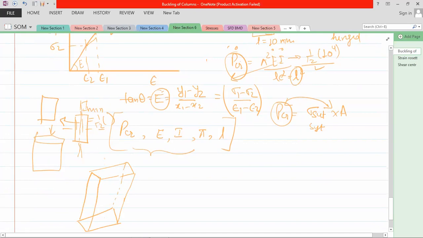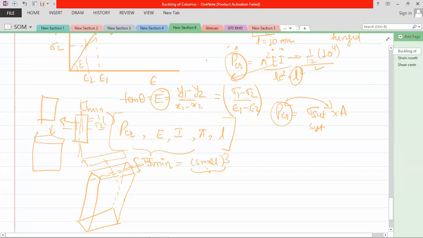Now what will happen? There are two planes. The first plane is this plane up to which it can buckle, or this plane up to which it can buckle. The normal condition is to ask which plane has I minimum. We can see that this plane has I minimum because its length is b, and you are taking the smaller length times the whole cube. So about this plane it has I minimum. Suppose this is Ix. Now it will tend to buckle like this, so this plane will go here. The buckling would be like this.